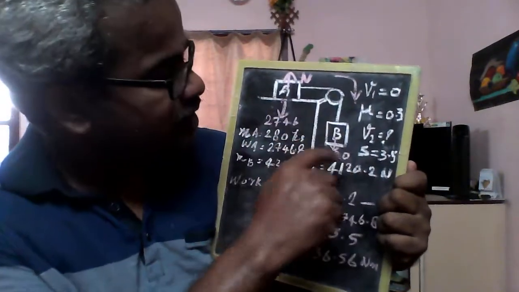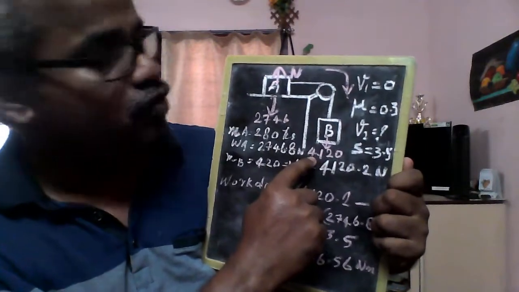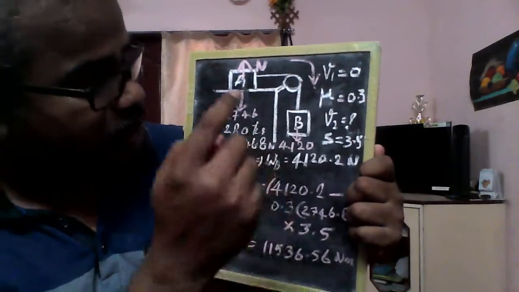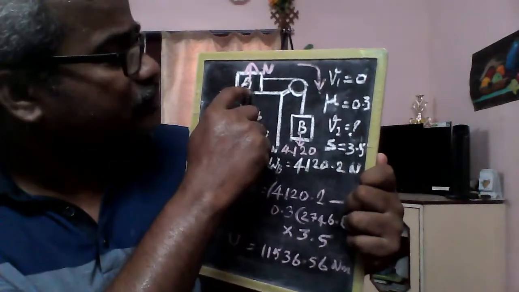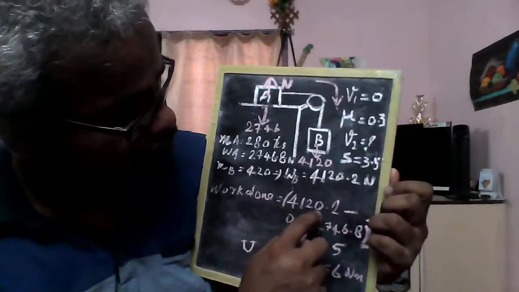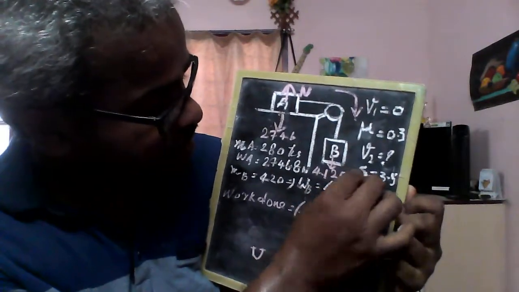So, this is the movement direction. I have a force acting at 4120. 4120 is the force acting in the movement direction. And what about the forces acting on body A? There will be 4120.2 in the movement direction, and